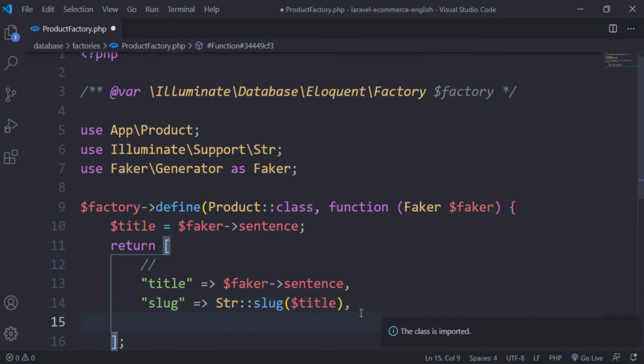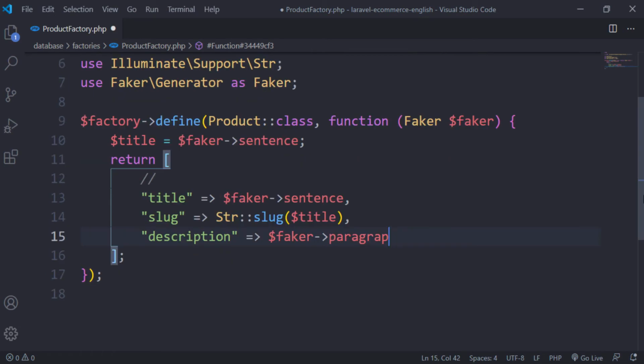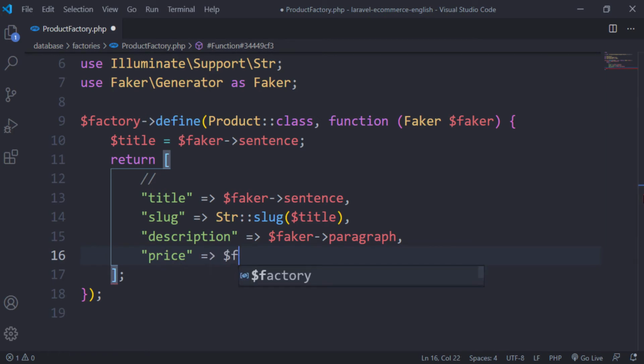Next we will have description. For description we will use faker paragraph, and we have the price. We will use faker number